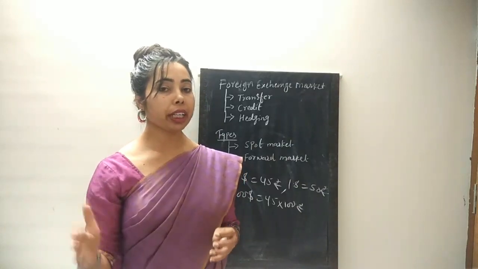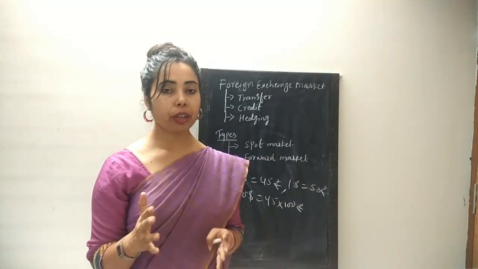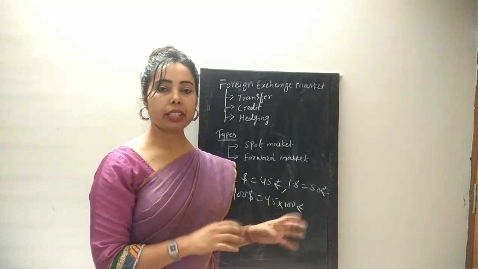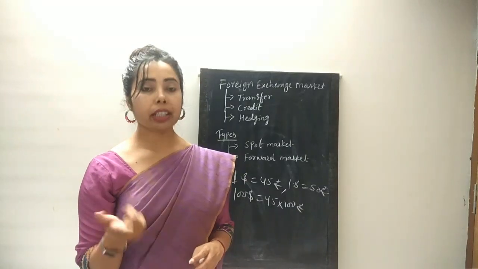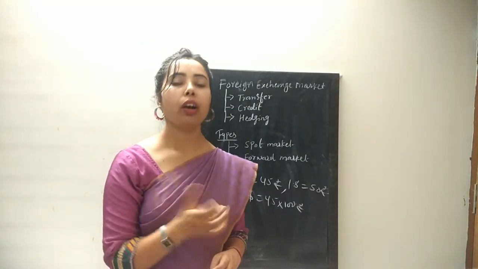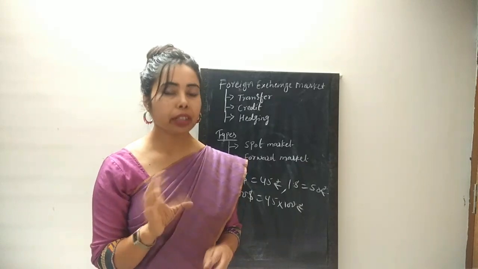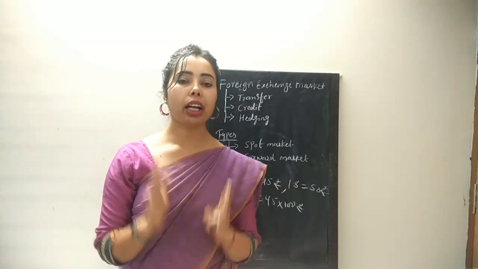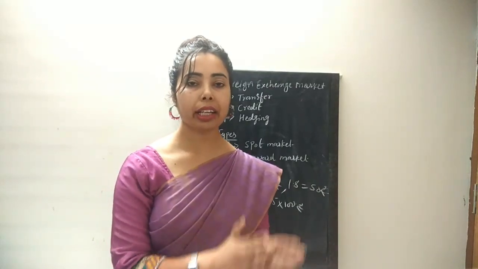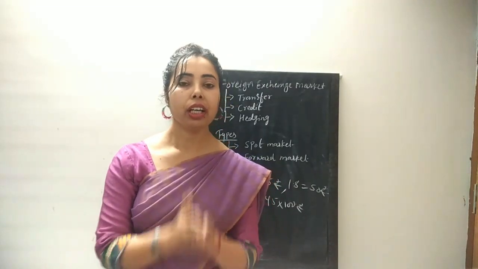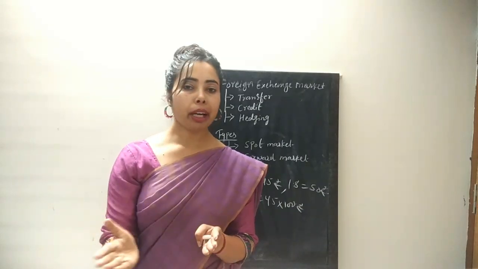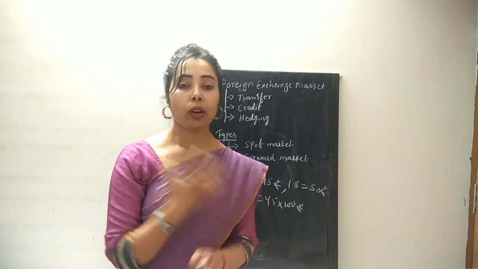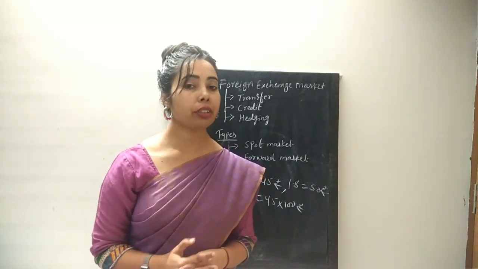If there is any variation in the foreign exchange rate, they will agree together that okay, 45 if it is now, if there is any increase we will go up to 41, or if it decreases we will go up to 39, or some 45 or 44. Whatever rate is mutually agreed between the buyer and seller, accordingly they pay in the future. So in that way, neither the buyer will have any kind of loss nor the seller any kind of windfall gain. So this is known as the hedging function.